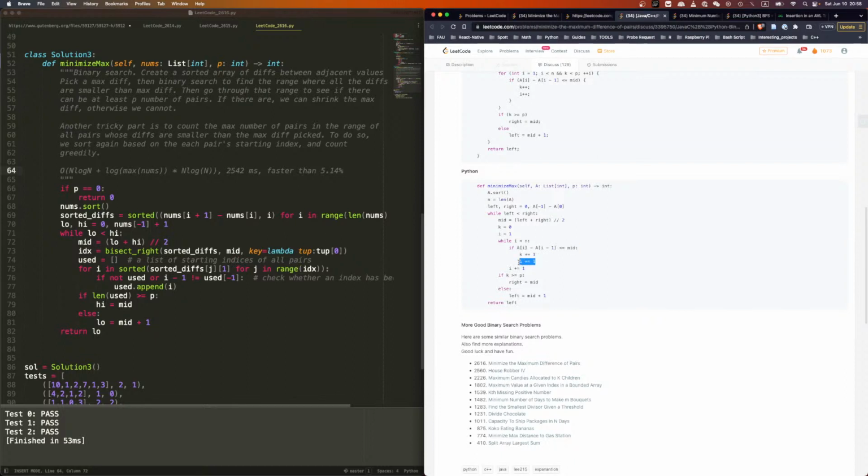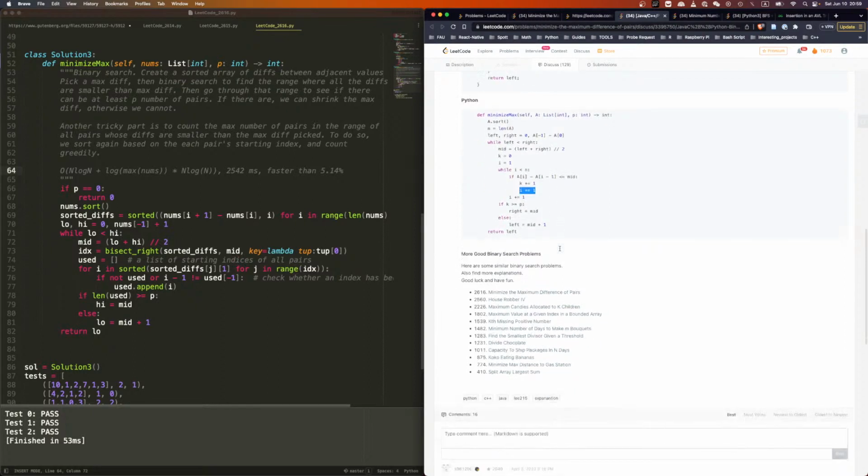This is +1. So you do this minus this is smaller or equal to mid. But you did not consider the case where they could like use